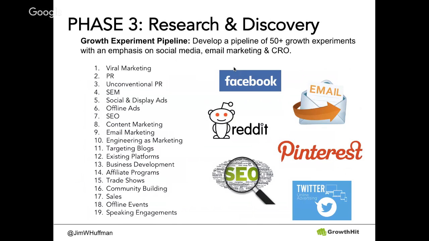And then for more ideas and inspiration on building out your 50 plus ideas for growing your company, there's actually a book called Traction where they break down the 19 channels you can do for acquiring users. They have everything from just using PR, using offline ads, to content marketing and engineering as marketing, which I'll get into in a second. But I really like this book because they also give really nice detailed examples for each one of these tactics, how other companies have done it successfully.